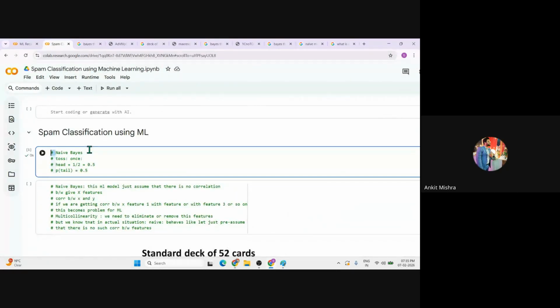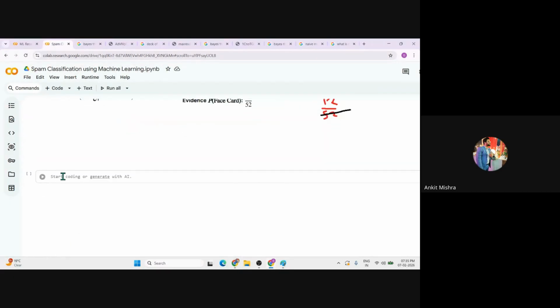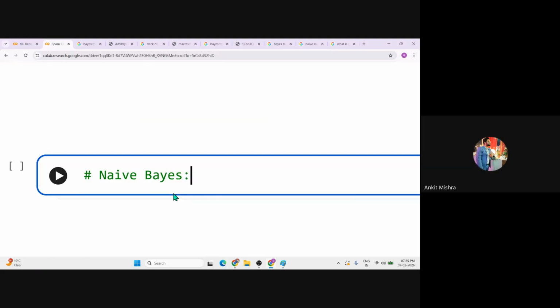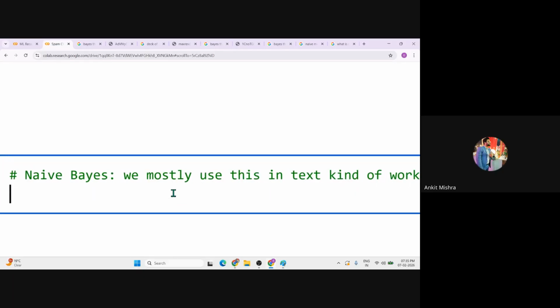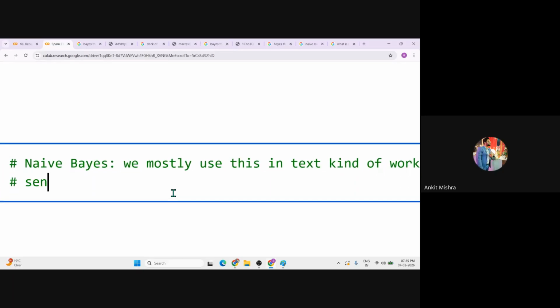We generally use this naive Bayes ML model in textual classification, right? We generally use this in text kind of work. Text work is like sentiment analysis, okay?